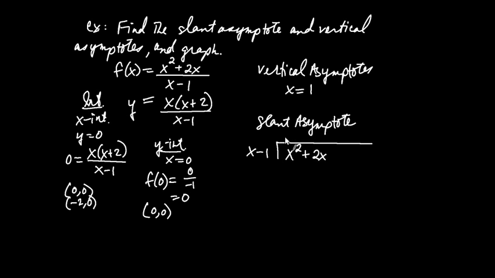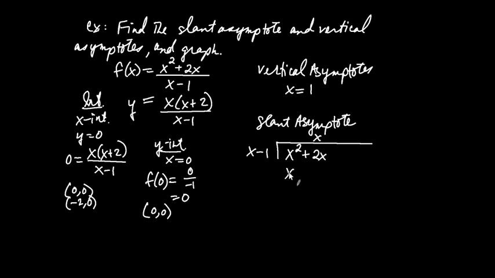Now I can see right away that I'm going to have a slant asymptote because the degree of the numerator is 2 and the degree of the denominator is 1. And so the degree of the numerator is 1 more than the degree of the denominator. So when you do this long division, we're going to multiply x by, it's going to be x,